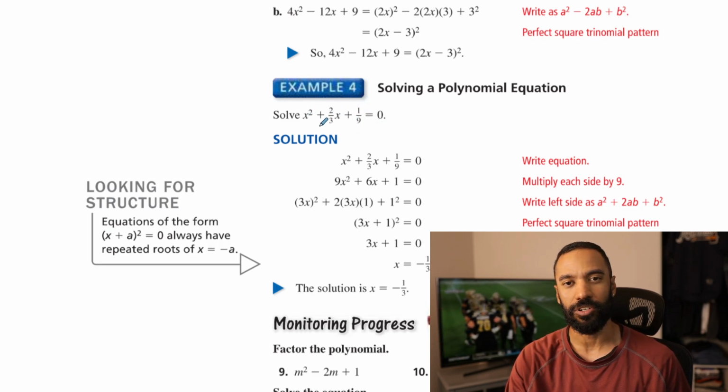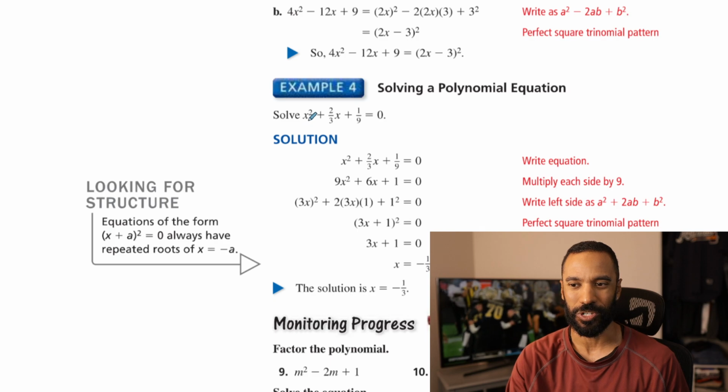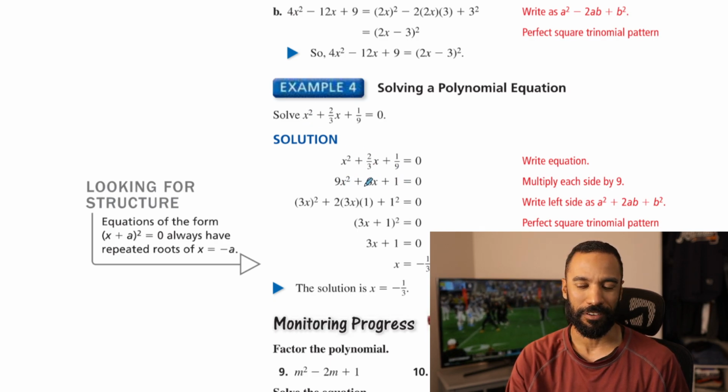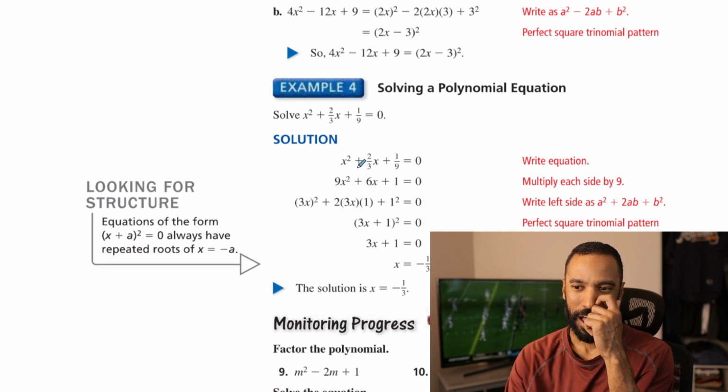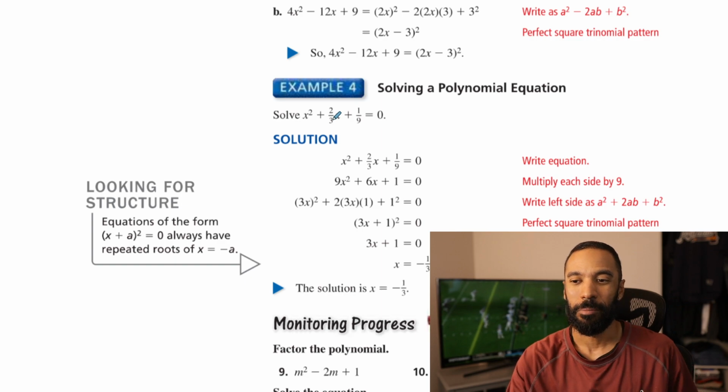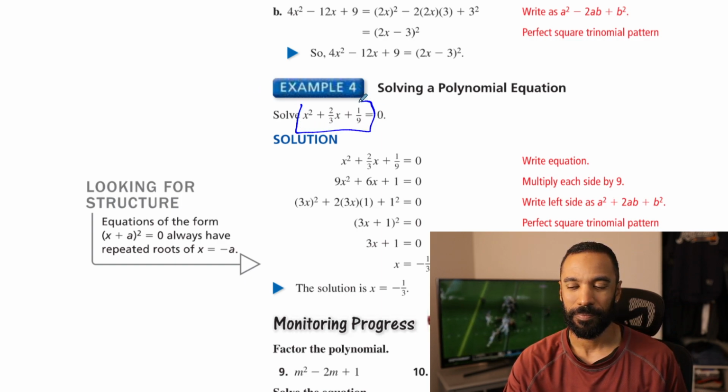I would never want to factor things with fractions unless I knew it was a perfect square trinomial. I'm squaring x here. Oh, listen, they multiplied everything by 9. You can do that as well. They're solving, by the way, an equation. I would definitely multiply by 9. But if they just asked you to factor that, I would say,